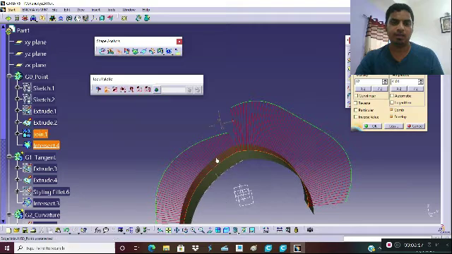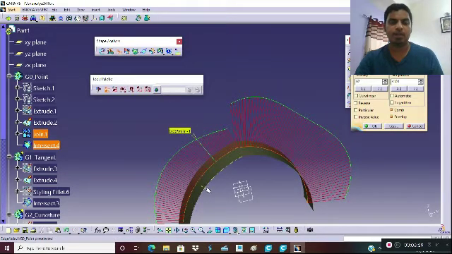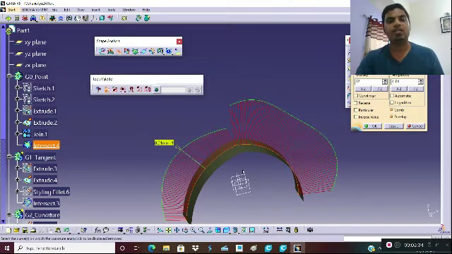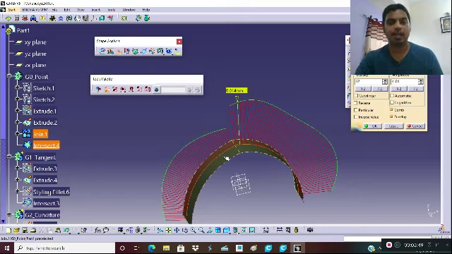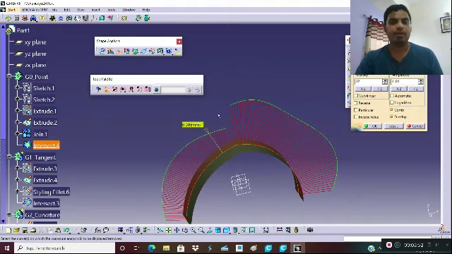I will again select this curve. You can see that the radius of curvature at this location is smaller, that's why these curvature comb lines are of higher height, and at this location they are of lower height. This is because the radius of the surface is increasing at this location. So how do we identify whether the given surfaces are connected by means of G0 continuity? The curvature comb lines are not continuous and they make an angle to each other. In this way you can identify that the given surfaces are connected by means of G0 continuity.